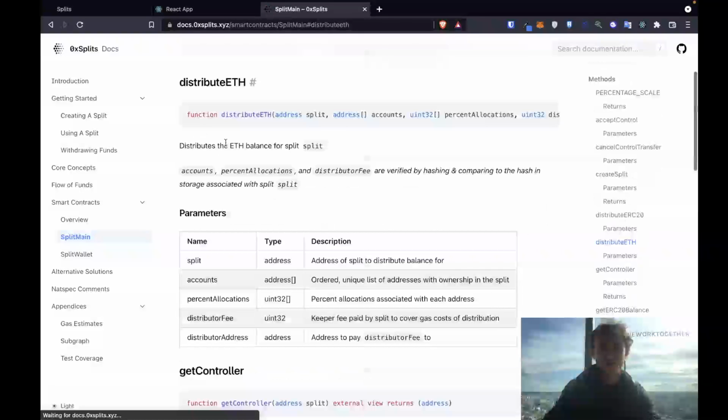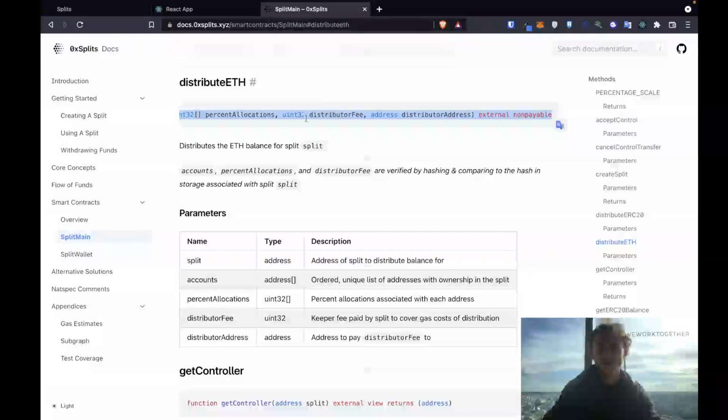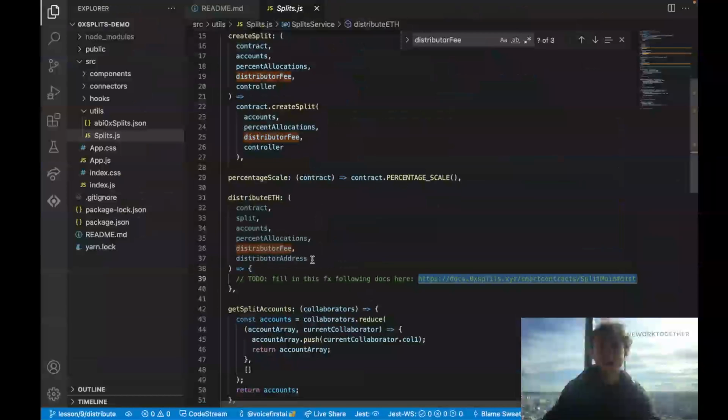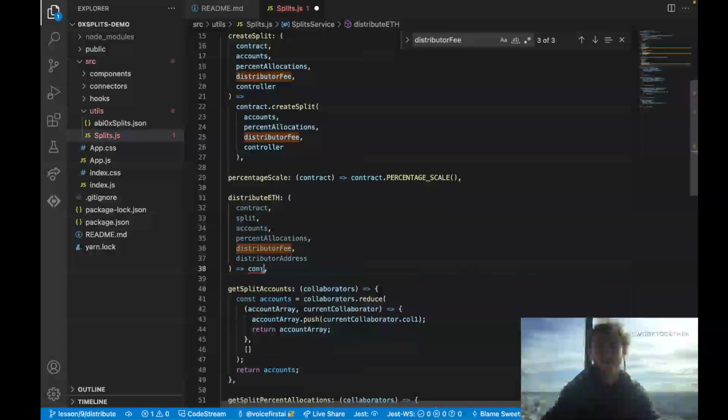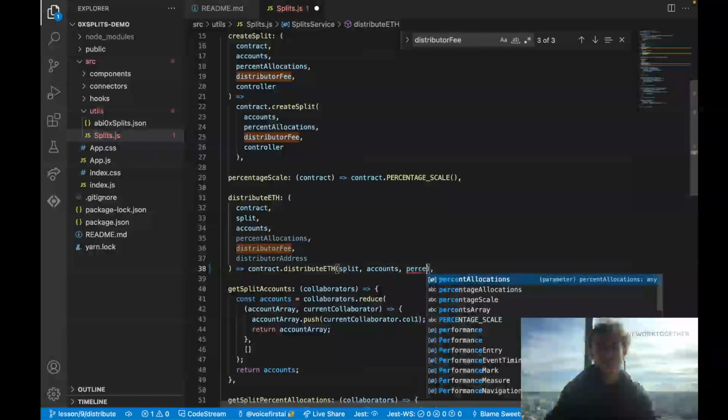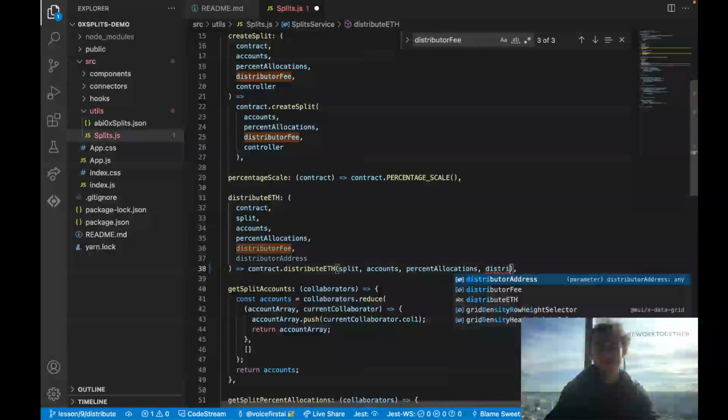And here we can see the distribute eth method is called by passing in an address, then a set of accounts, a set of percent allocations, a distributor fee, and a distributor address. We already have all those pieces of information, so let's just call our contract. So we'll go contract.distribute eth, split accounts, percent allocations, distributor fee,